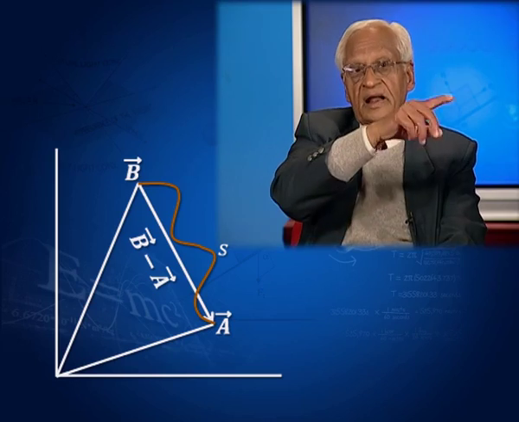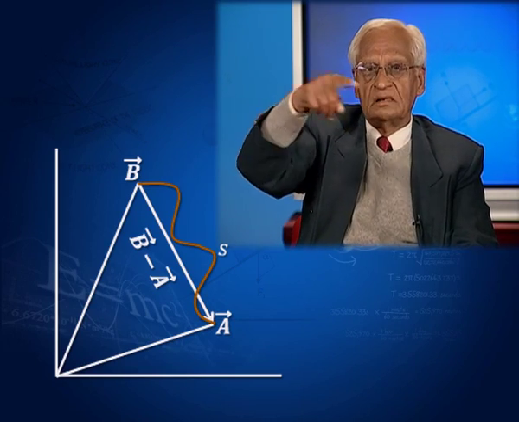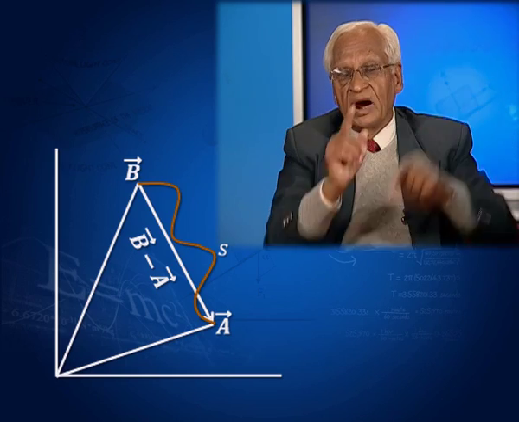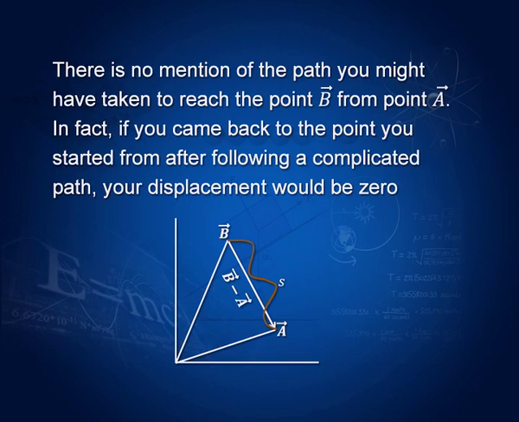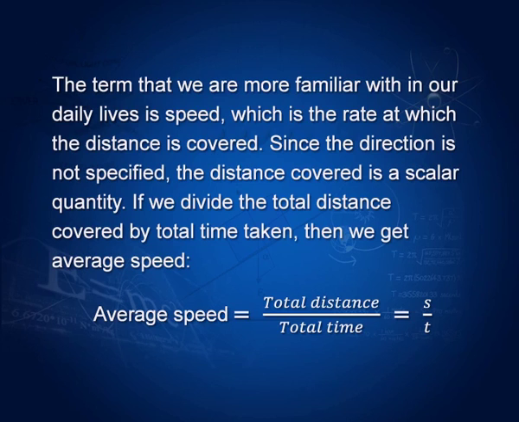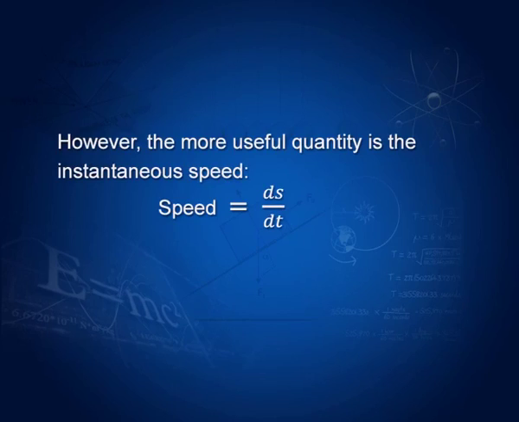And what is speed? In the earlier graph I showed you that the path for the displacement does not matter, but if we measure the length along the path and denote it by small s, then the speed would be the total distance travelled divided by the total time taken, that is s by t, and s by t is the average speed, because we have not taken smaller amounts, we have taken the total distance travelled and divided by the total time taken. If we took small distance and small time, then we will get instantaneous speed ds by dt, where the small s denotes the distance travelled.